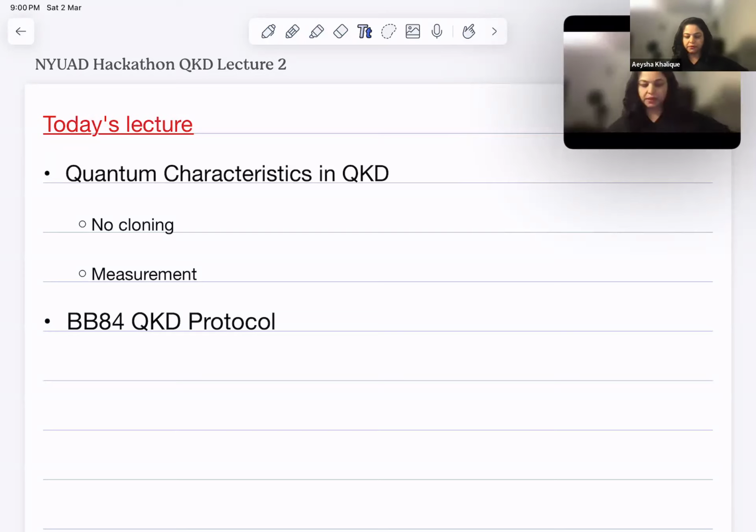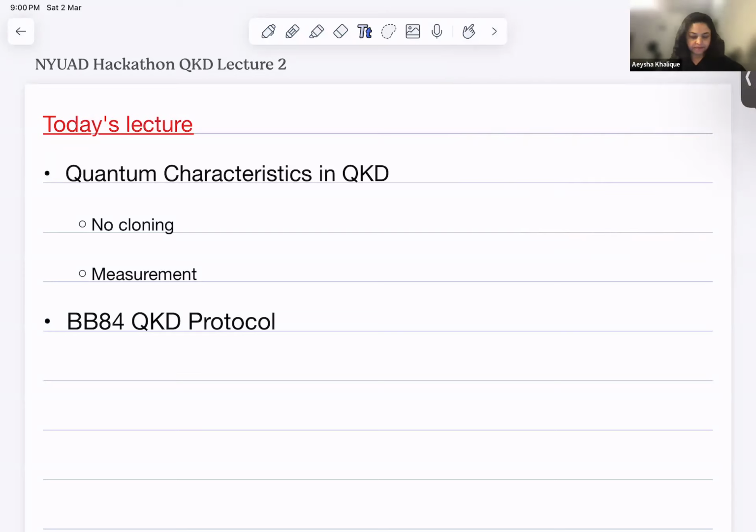So, hello everyone. Today's lecture is the second of the workshop on QKD. Last time we did some classical cryptography, and we saw the problems with it. Today we will see what quantum characteristics are useful for quantum key distribution. First, I'll relate it to what we did last time and where we want to introduce quantum in